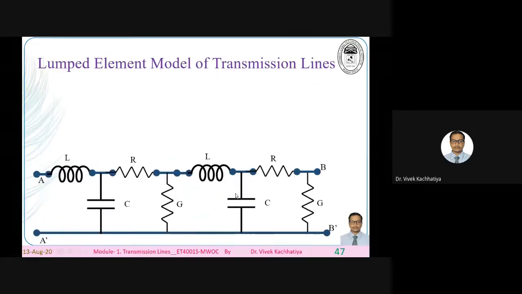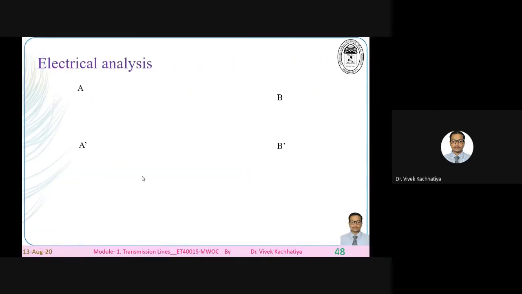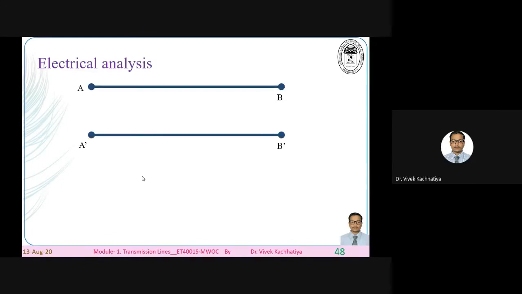Now we will see how actual transmission takes place. Now that we know the primary constants of the transmission line, we will start our electrical analysis. Once you know the primary constants, the analysis of the transmission line can be carried out. So here is my transmission line. As step number one, everyone knows what to do: divide the transmission line into small segments in such a way that the transit time effect is negligible. So I have divided this particular